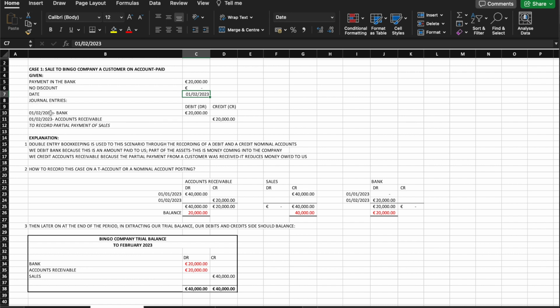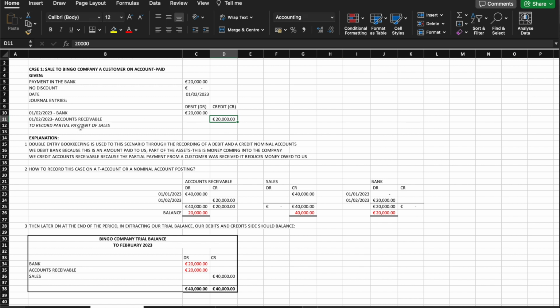Is that we debit the bank 20,000 and we credit accounts receivable, which is 20,000 also. This is to record partial payment of sales. Partial payments of sales, guys, because the customer didn't pay the full invoice, only 20,000. So 20,000 and 20,000 in our bank and accounts receivable respectively. What is our explanation again